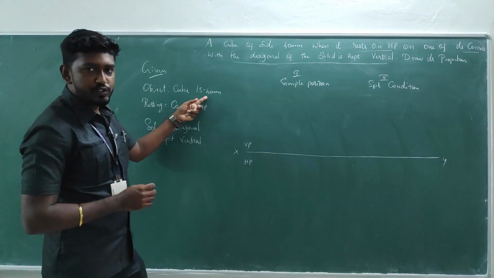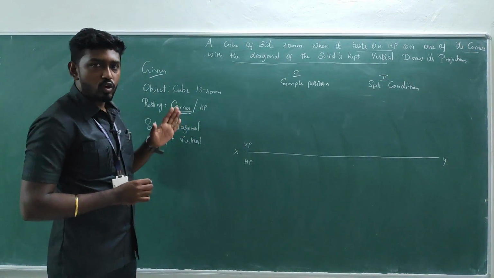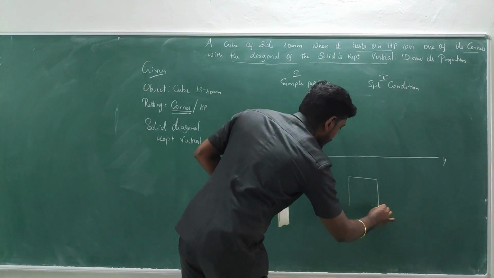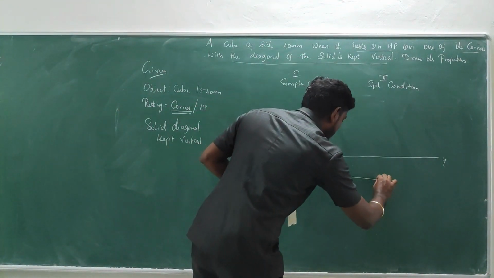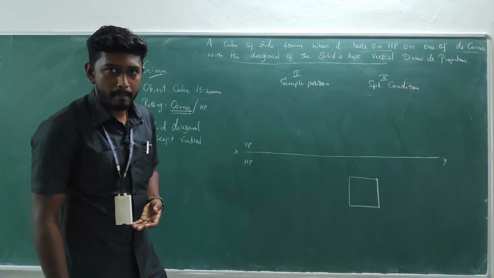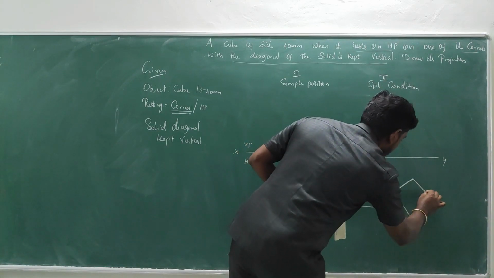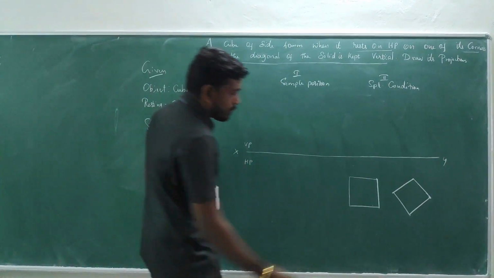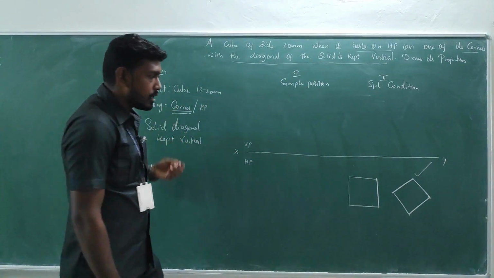The cube has a side of 40 mm and we know it is with a corner. So the corner must be on the right side. This is how the true shape will be, and I can say this is the condition for the side resting on HP or side resting on VP. So if the corner is to come on the right side, we must keep the object in this manner. This is the position we are going to follow for this condition since it is a corner, right?